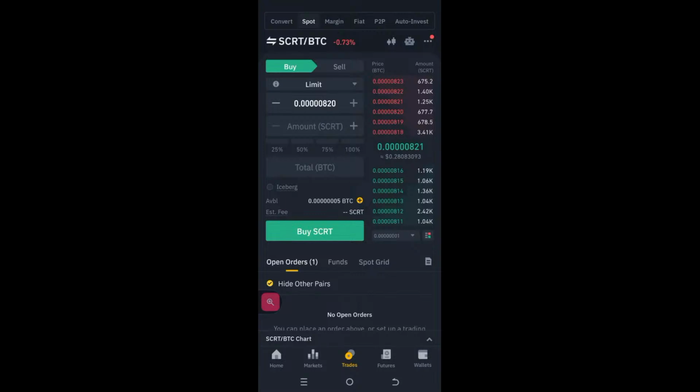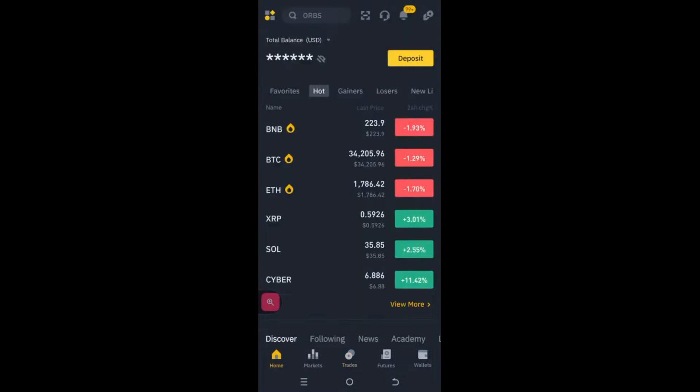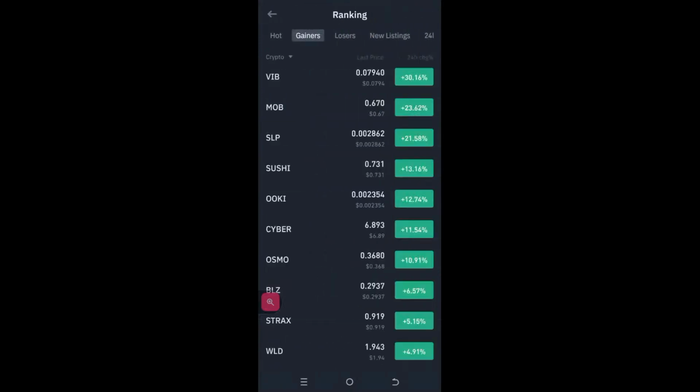Now, let's go and check. My all-time favorite is usually to go to gainers. All you have to do is pick a coin on the gainers that will give you the best propensity to make profit. And you decide not to be greedy. Make sure that you're conservative, okay? So let's just walk through one of these, okay? Let's choose one together. I like to look for coins that are under,